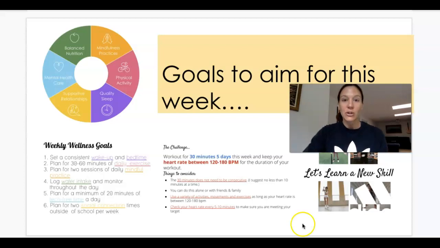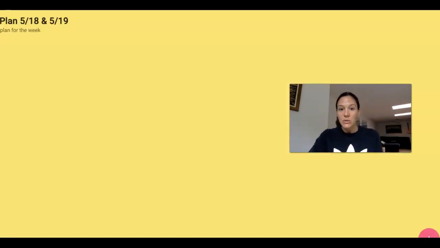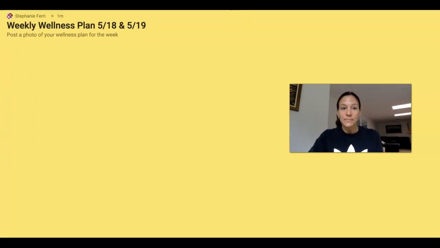And the last thing you're going to do is post a photo to Padlet. So I've created a Padlet here, weekly wellness plan. I'll post a link to it in the slideshow. I'm sorry I forgot to do that. And take a photo of one of your pages that you're most proud of, that is maybe most colorful, and go ahead and post that to the Padlet board when you're done, so I can make sure that you did your plan, and I can also just see sort of what you created